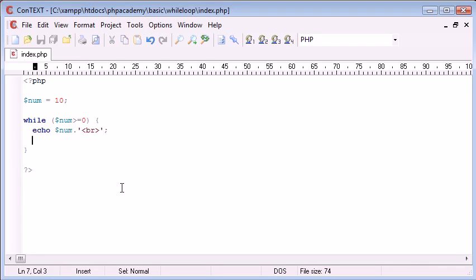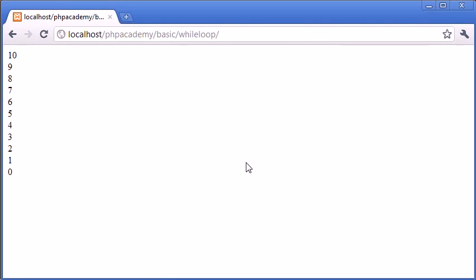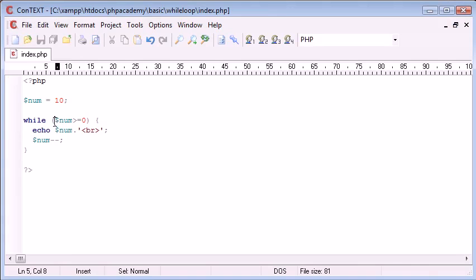Therefore, the block will not be run. So all we simply do, as learned in other tutorials, is number minus minus. So num minus minus is just going to decrement the value each time. This is the same as num equals num minus 1, but it's a lot easier to just write num minus minus. So now we refresh, and you see that we get 10 to 0, because what we've done is count from 10, 9, the loop's still running as we come down, even to 3, 2, 1, 0. Now as we get to 0, we can then go on to -1, but when this value here equals -1,